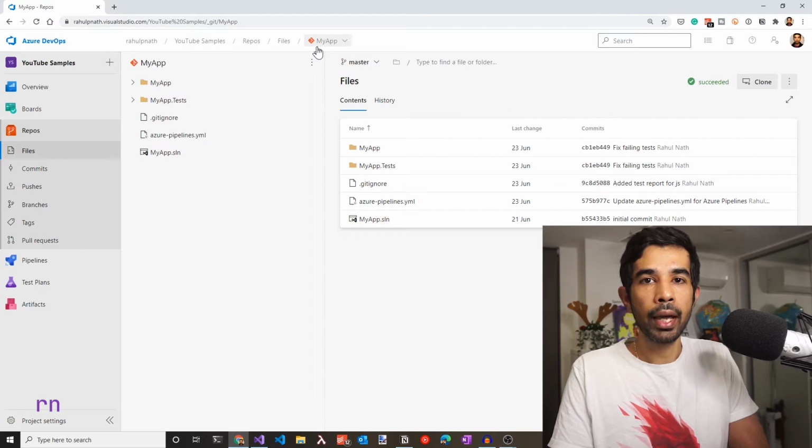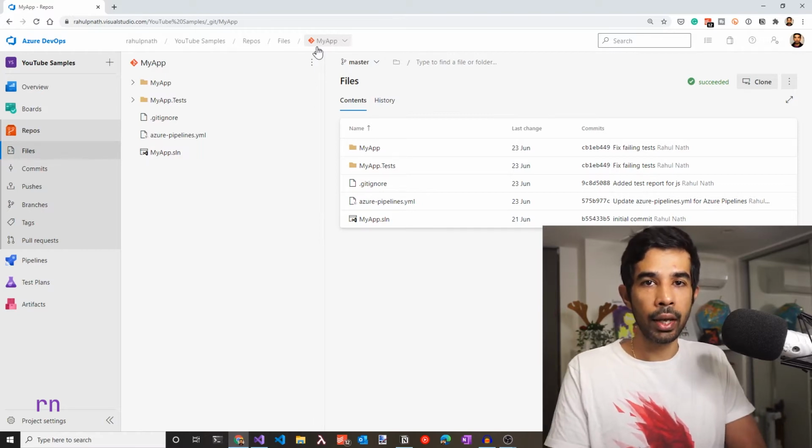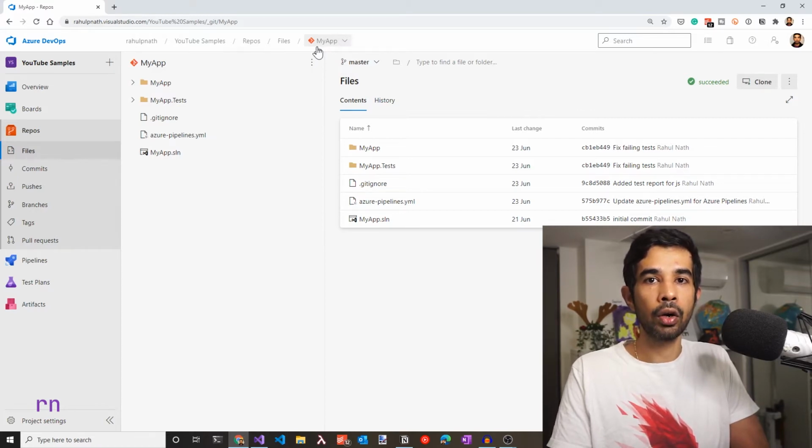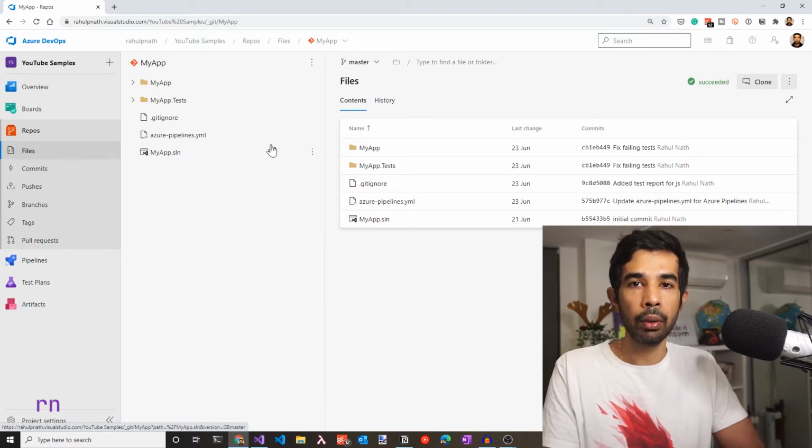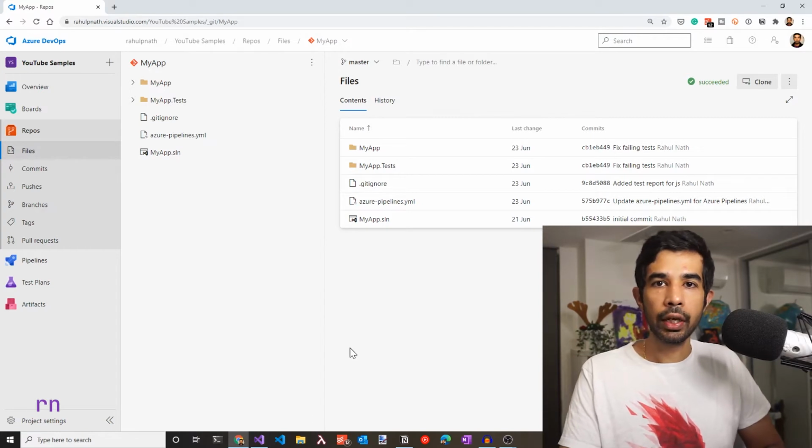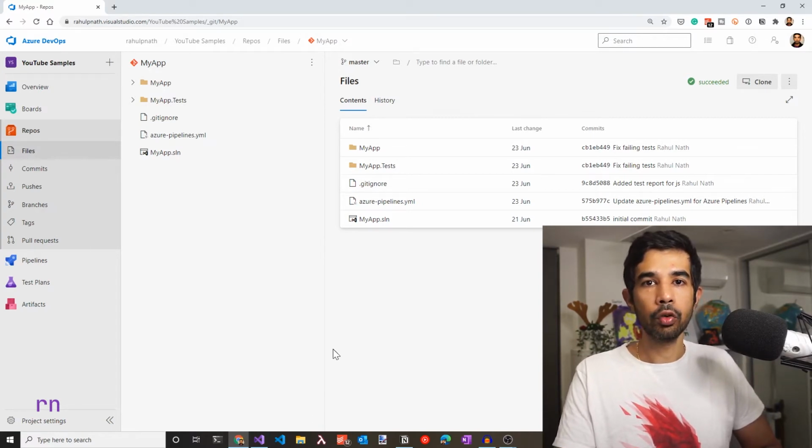Here, I'm using the My App repository in Azure DevOps, which I had used previously when setting up the tests for Azure DevOps. Since this doesn't require any new setting up of solutions, I'll just start from a solution that already exists. So let's say I'm working on a new feature for this particular application and I'm adding a new endpoint. Let's open up the solution in Visual Studio and start adding new features.